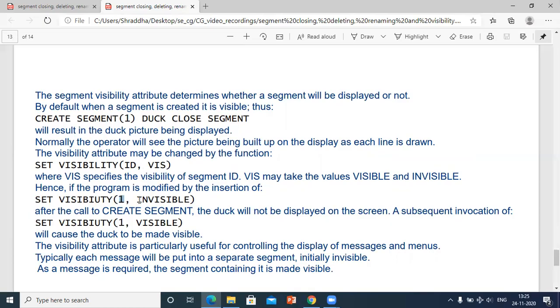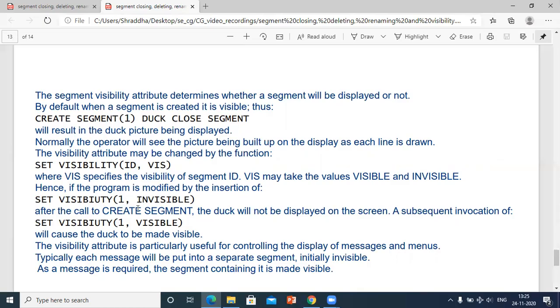And this invisible means what? Segment ID number 1 will be invisible. So after the call of create segment, the duck will not be displayed on the screen. A subsequent invocation of SetVisibility 1 comma visible, when you put this next instruction, will cause the duck to be made visible.